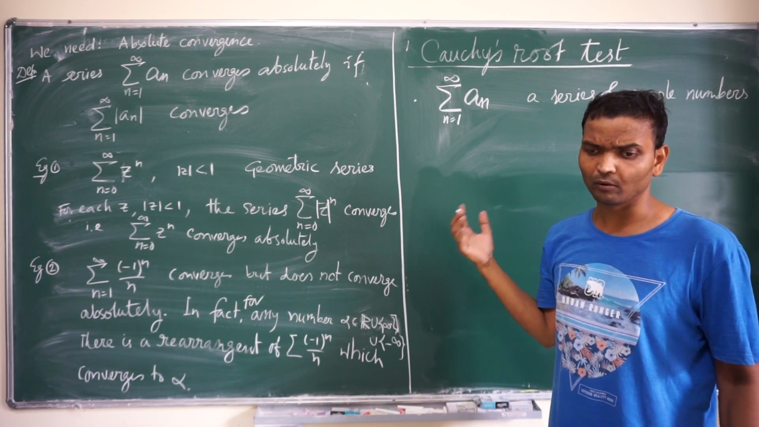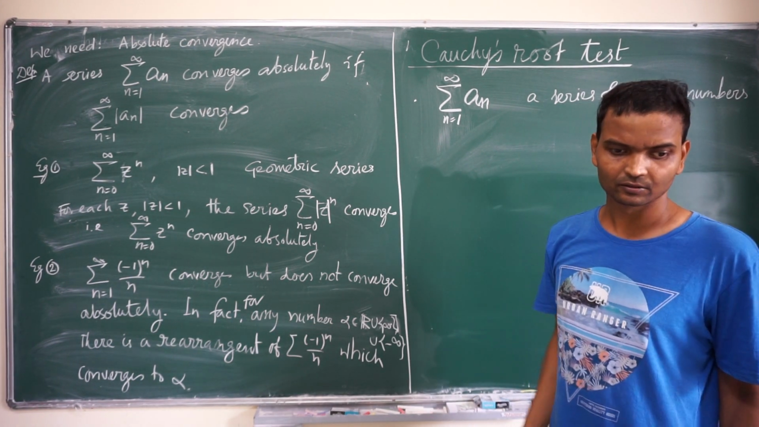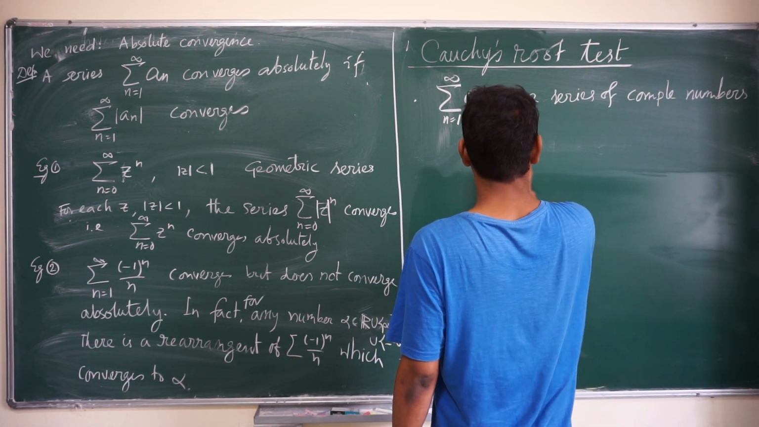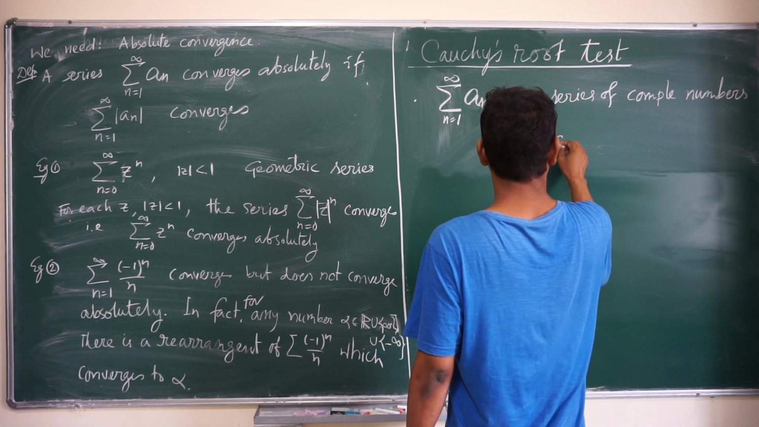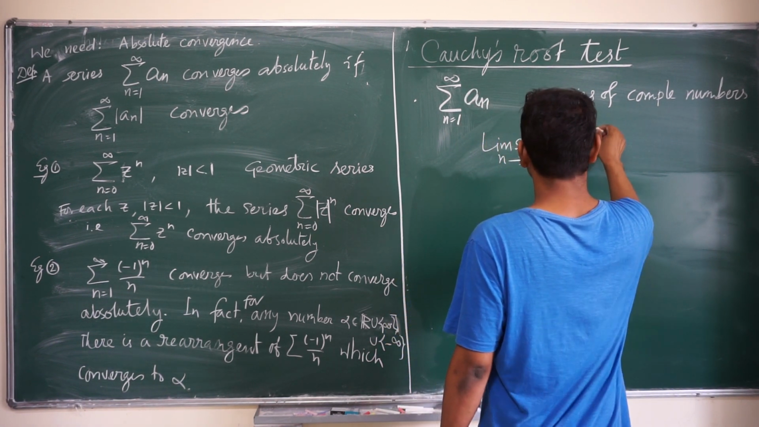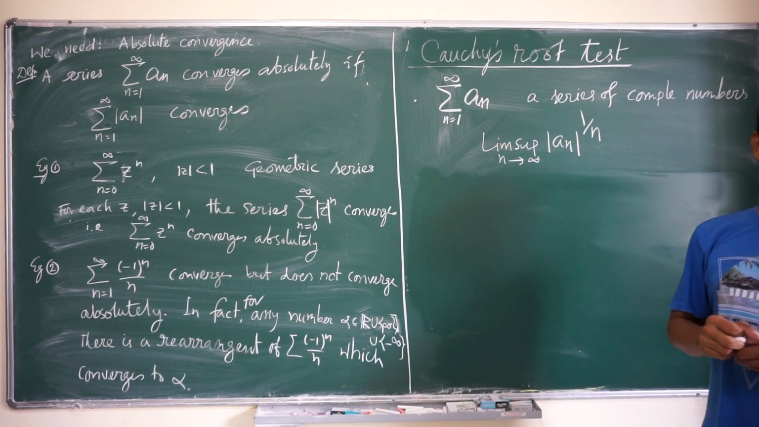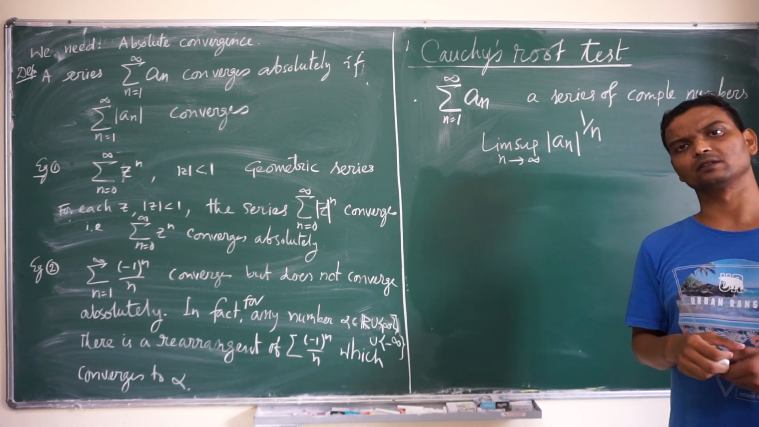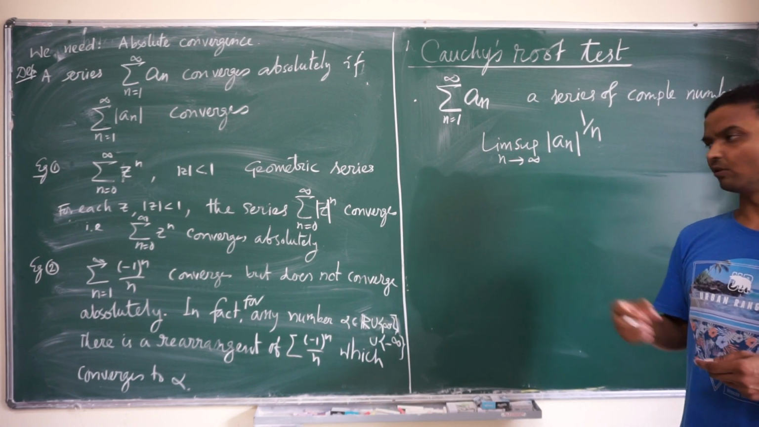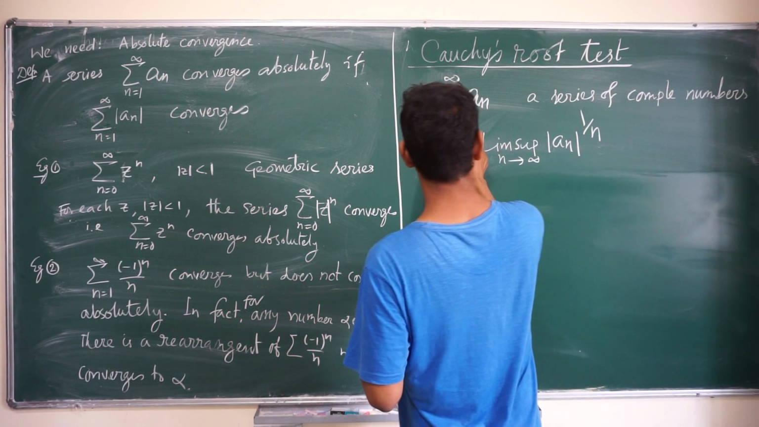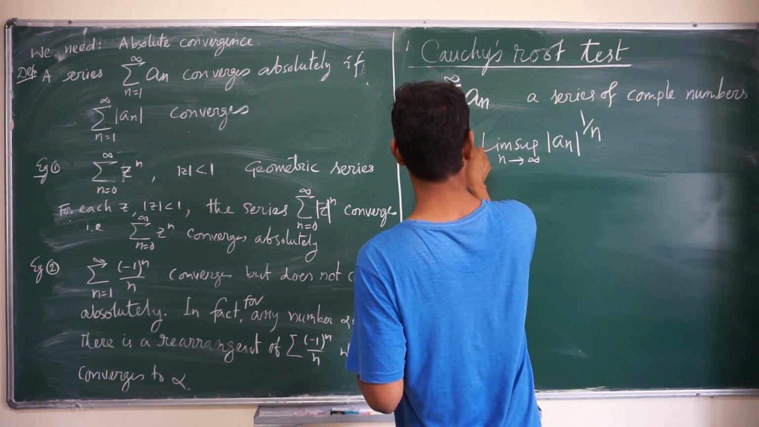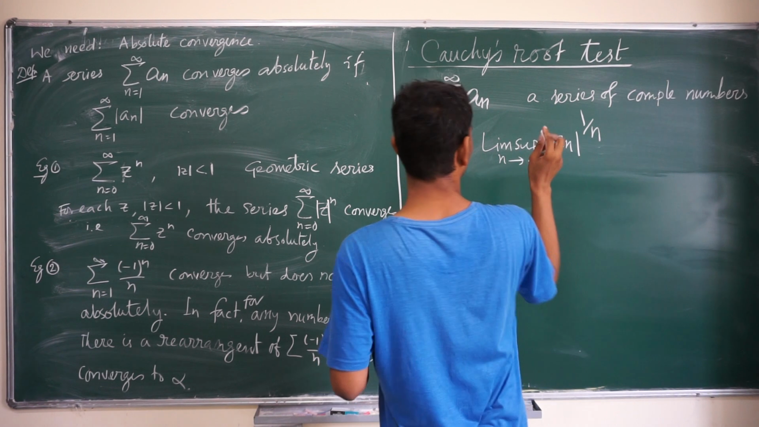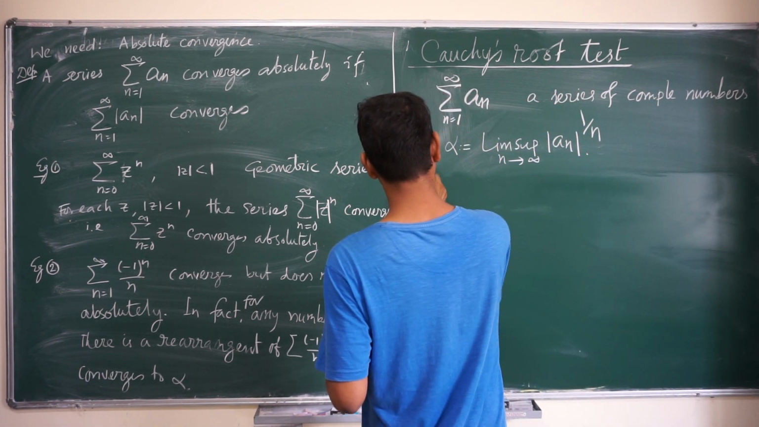Now we want to look at the following. Actually, look at this limit, as n tends to infinity, look at mod a n to the power 1 over n. So look at this number. The limit might not exist, but the lim sup will always exist. So let's call this number alpha. Let alpha be this number. Then